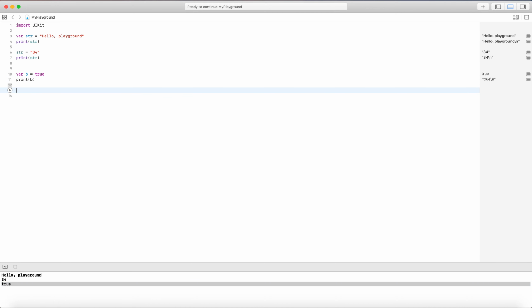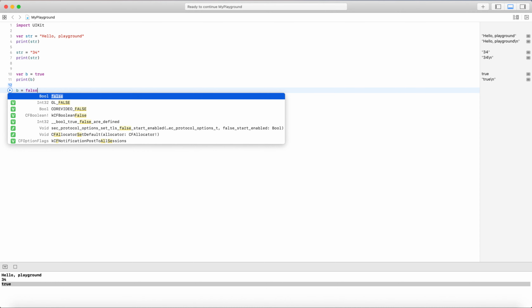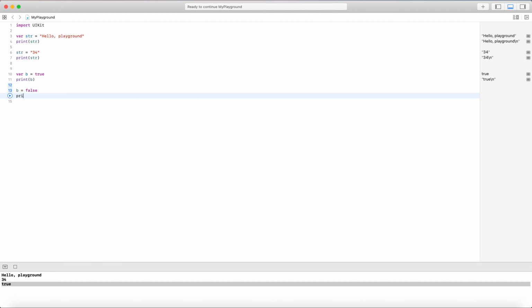In the same way, you can assign b as Bool either a true or false value, but you can't assign an integer, a string or a float value to this boolean.